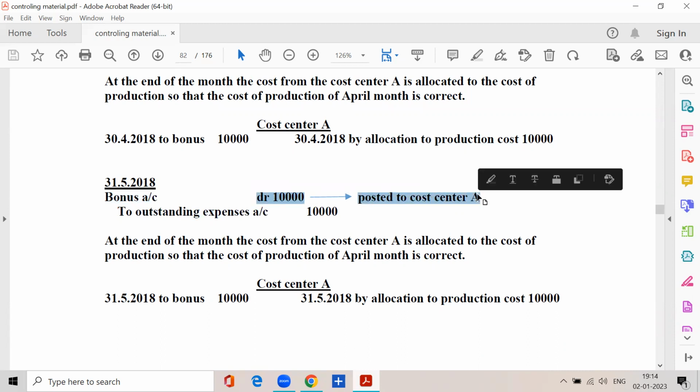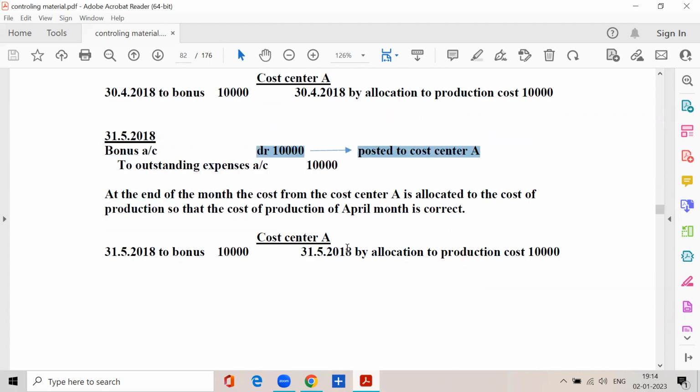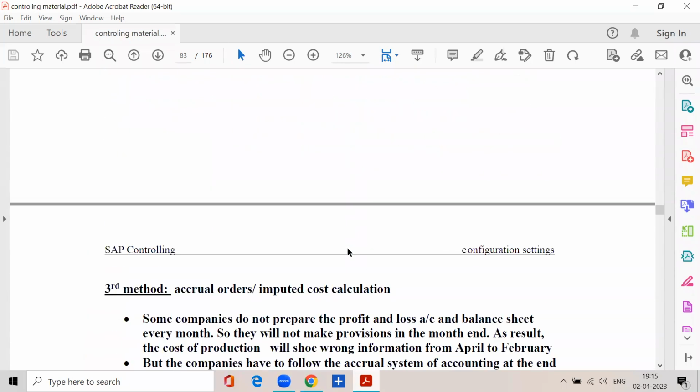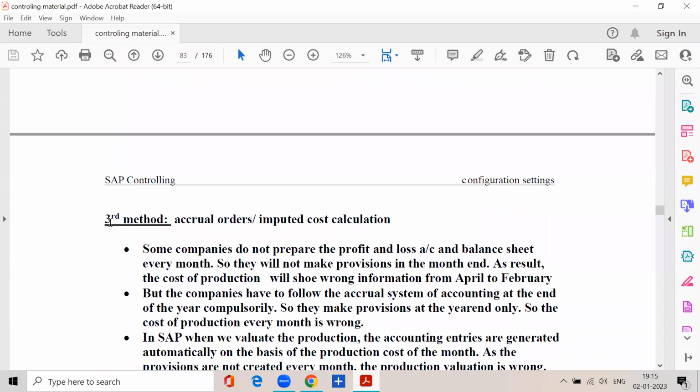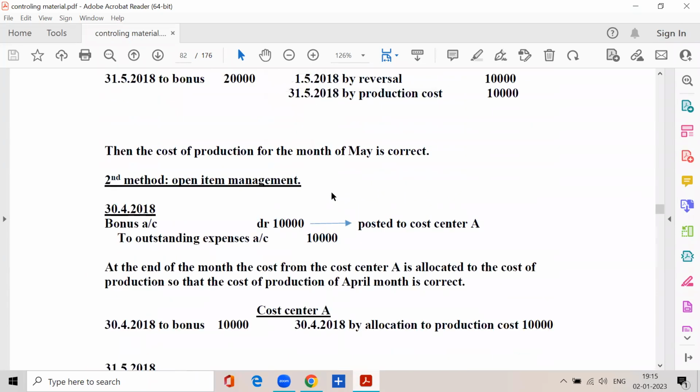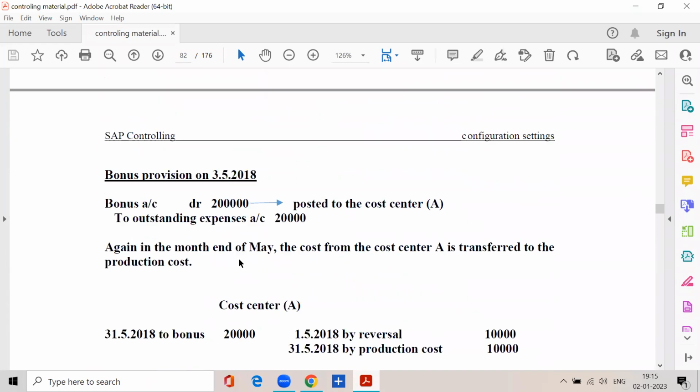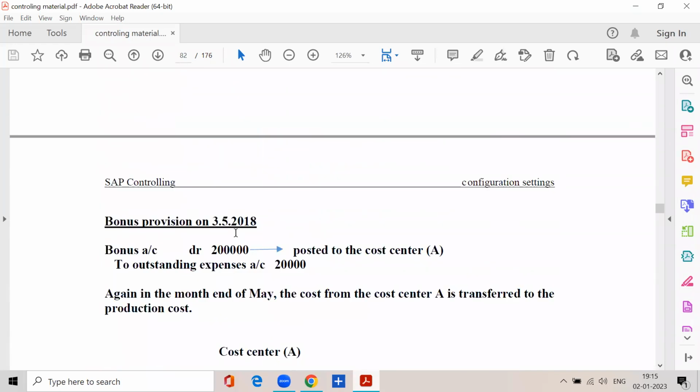Again, from the cost center A, that is transferred to production cost. Like that, every month we create the provision and that is cleared on the first of next month, right? That is one method. Third method is accrual orders or imputed cost calculation. If you notice, in the first method and second method,